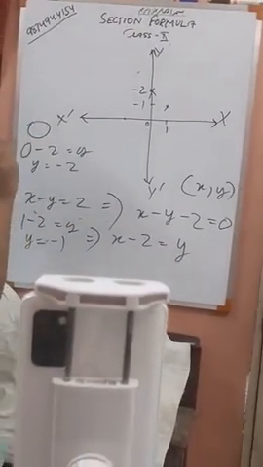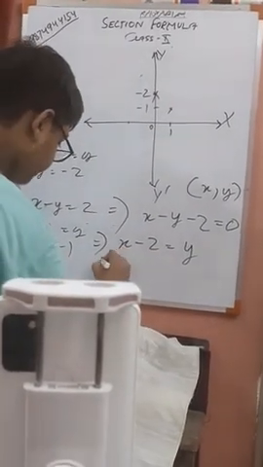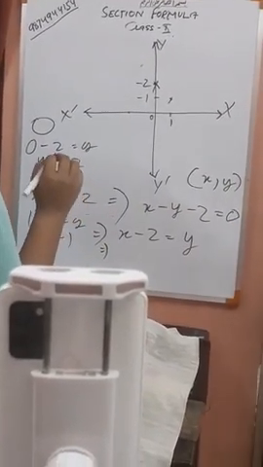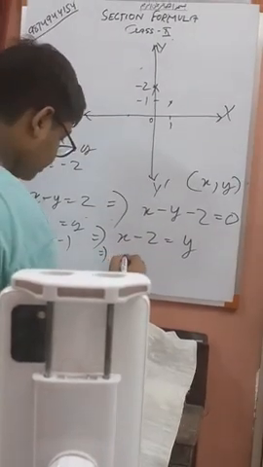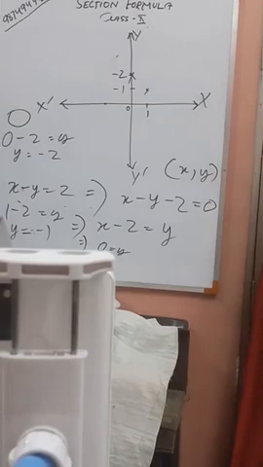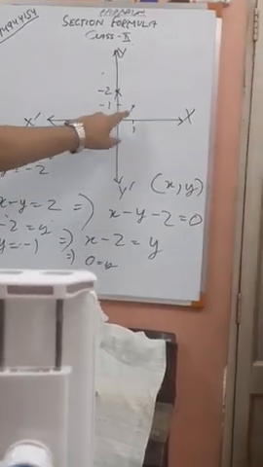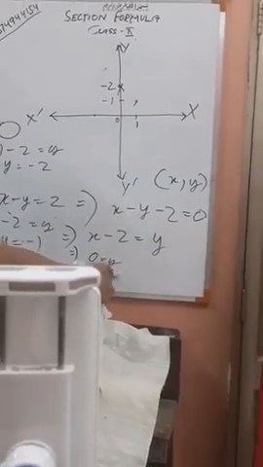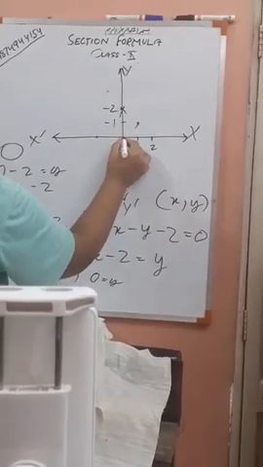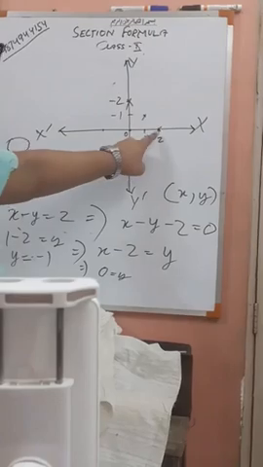Now if x is taken as 2, the equation was x minus 2 is equal to y. If x is taken as 2, then y would be equal to 0. X minus 2 is equal to 2 minus 2, which is 0. And the coordinate on x is 2. Therefore, the y coordinate will be 0 and the x coordinate is this. Therefore, the third point will lie over here. This is clear?